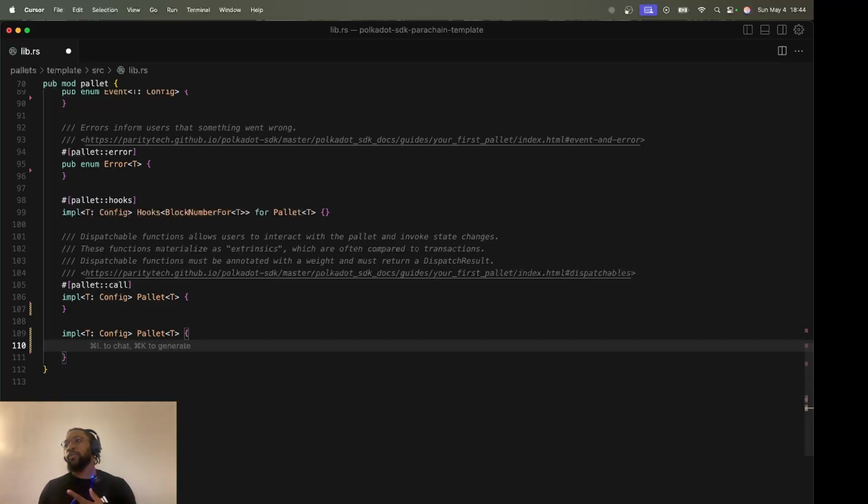Initialize creates some initial state for your chain, then finalize helps you clear some data or do some computations before the next block.